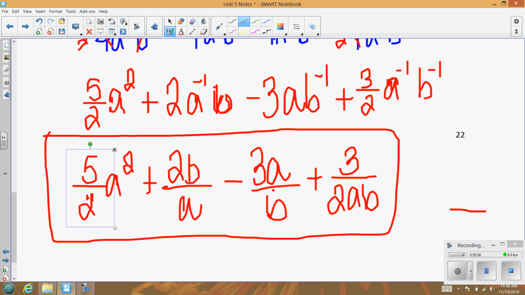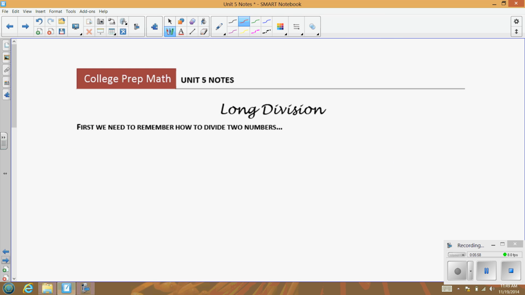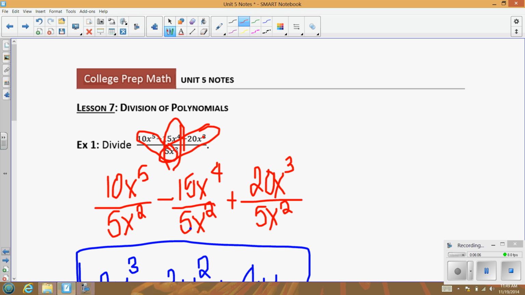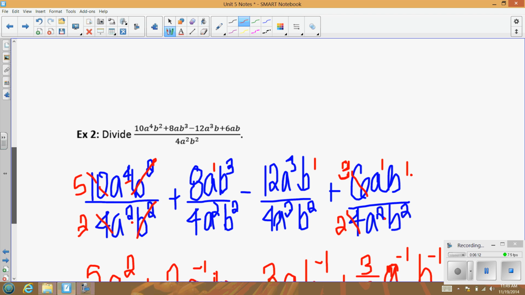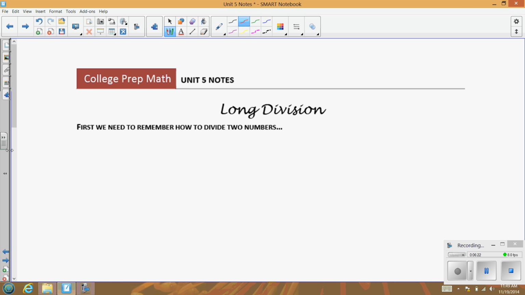And then let's look at some other examples. So in the next situation here, we have long division of polynomials, which means what happens if we had some examples. So in these examples, we were able to divide everything by 5x squared. In this example here, you were able to divide everything by 4a squared times b squared. But what happens if you have something that looks like this,